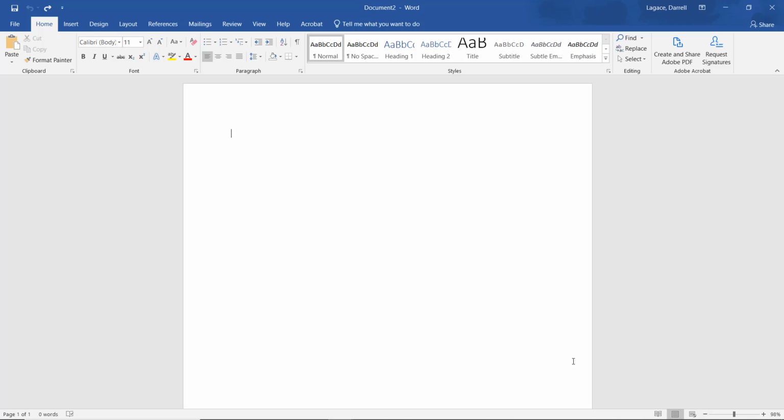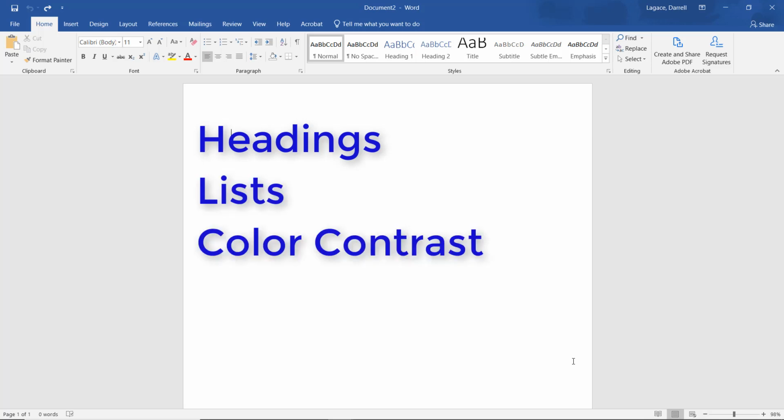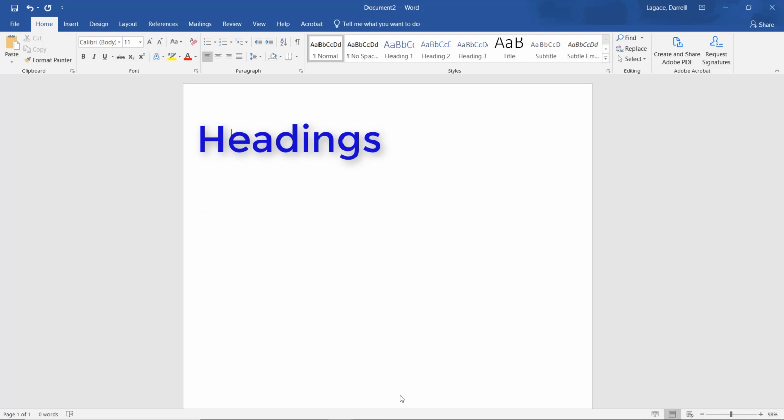Students with a visual impairment, on the other hand, may have more trouble using your documents. Many students use screen reader software that will read the text out loud to them if they can't easily see it. However, in order for this to work correctly, we have to make sure the document is set up correctly. There are 4 elements that can go a long way in making your document more or less accessible: headings, lists, color contrast, and links. This video will talk about headings, and we'll have future videos to talk about the others.